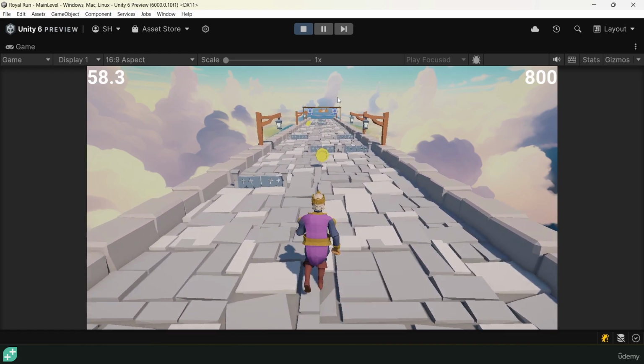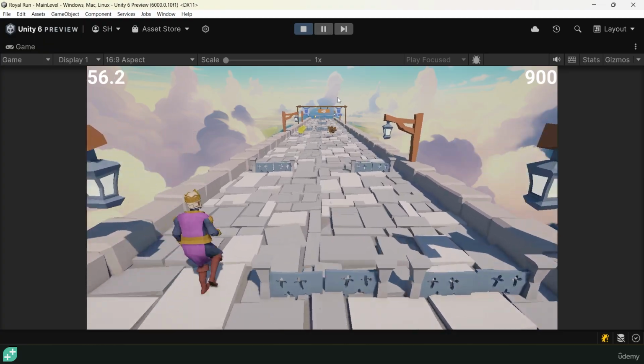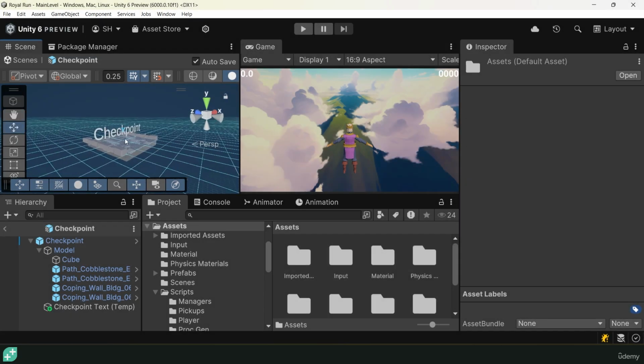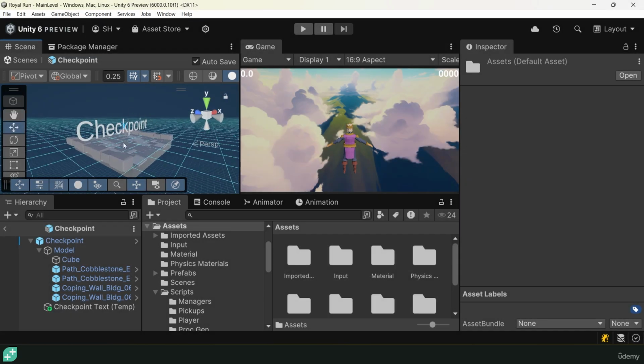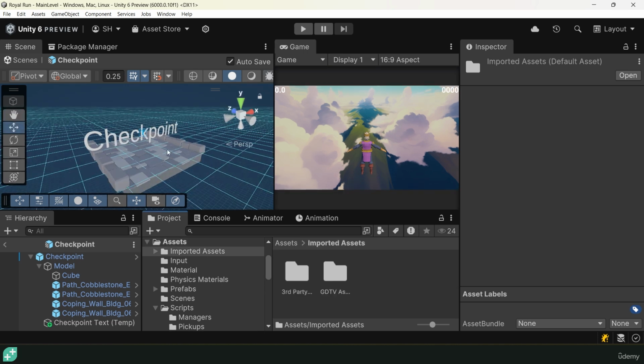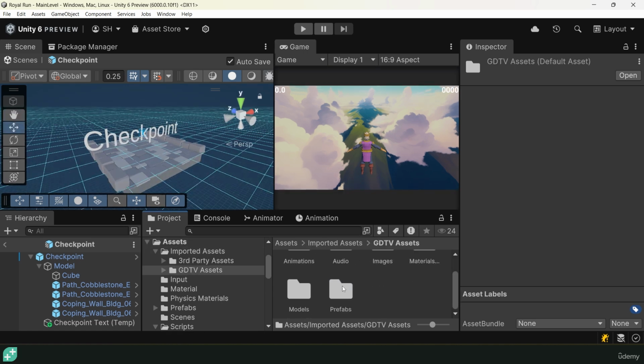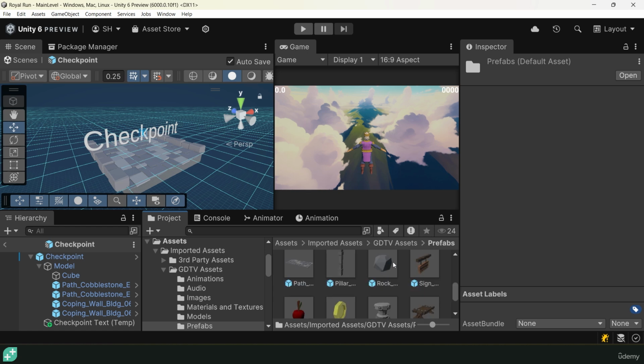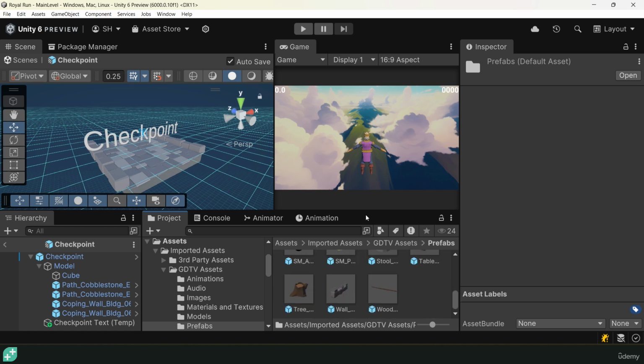In this lecture, we'll spruce up our checkpoint chunk prefab to look different from the others and really stand out. Now that we actually have the functionality of our amazing looking checkpoint chunk prefab working, I think we can just take the time to really make it look snazzy. So let's pop over to our GDTV assets. And I'm going to spruce it up and make it look unique with some of the assets I have here,